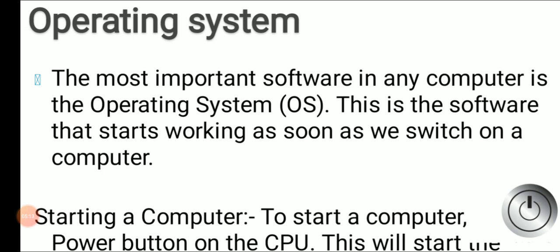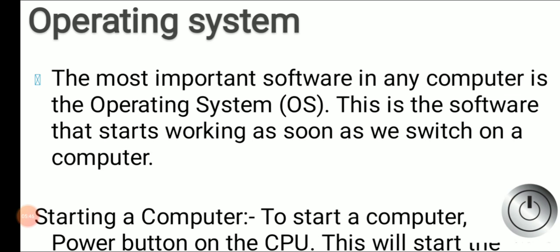No. It means the operating system is software that acts as an interface, a link between user and hardware, or we can say it is the software that starts working as soon as we switch on a computer. When we start or reboot our phone, what is going on in that phone is that the operating system is being loaded.